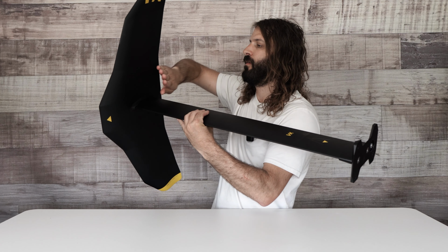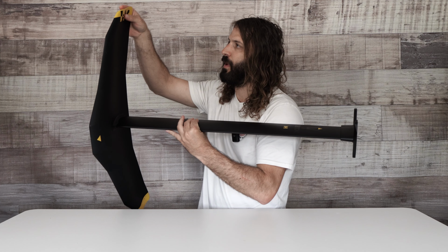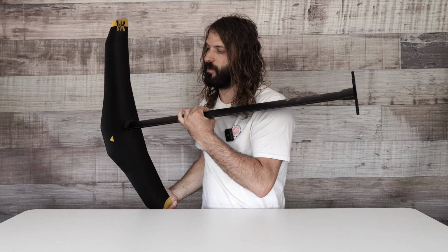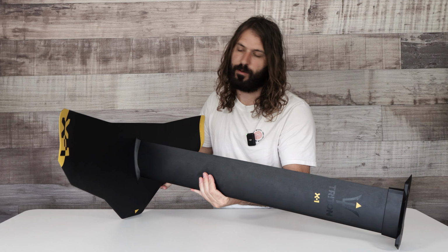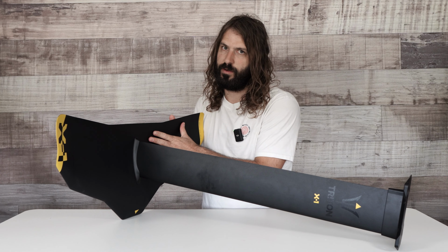If you notice, it kind of curves in here and gives you that upward drive from the back end of the wing. You can kind of see that there, how it does that. Sort of like a B-2 bomber airplane kind of a thing. So this is a very unique foil. You're not really going to see a lot else out there from anyone else that's going to have a similar